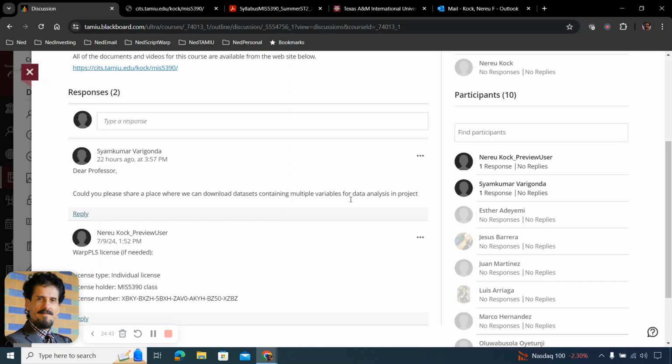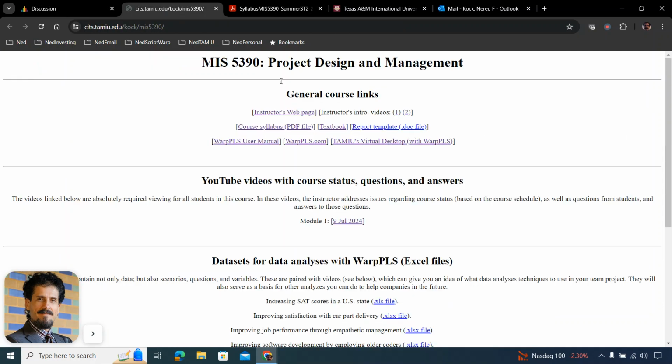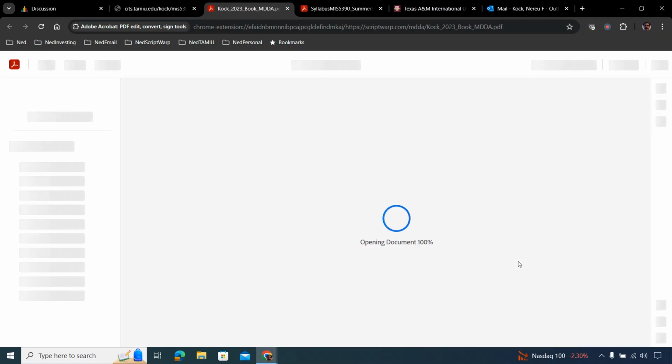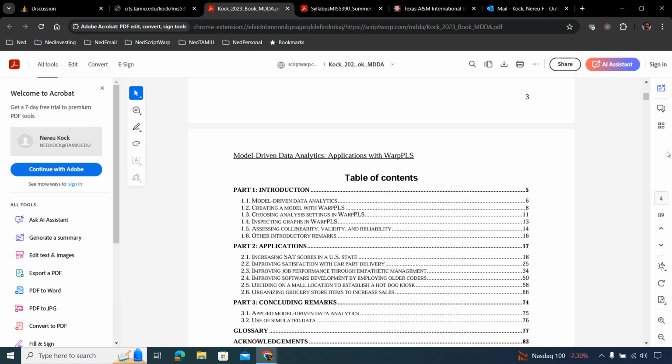You will have to find a client organization, and you will have to find a data set that will have multiple variables, and that you'll be able to build a model using this approach here in the textbook, model-driven data analytics.